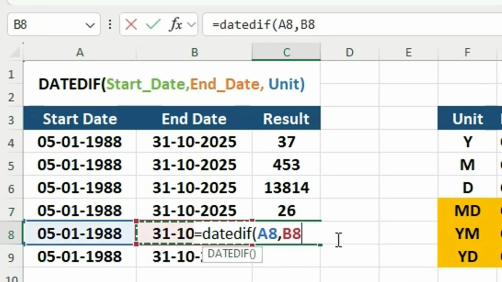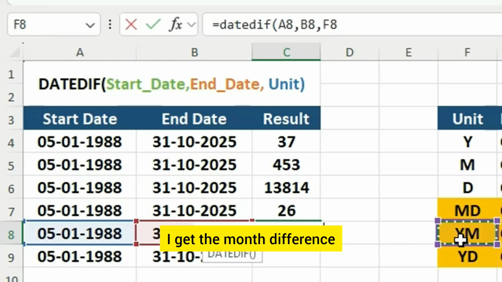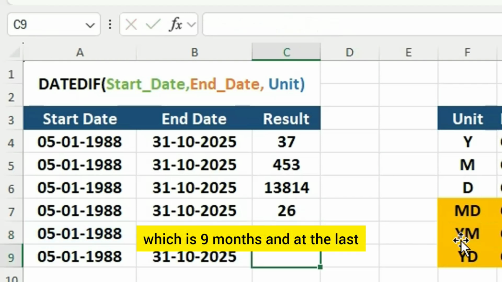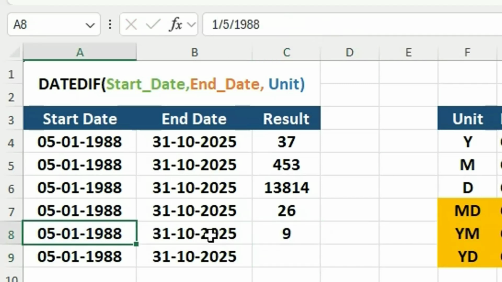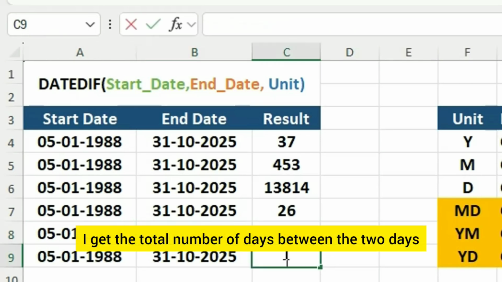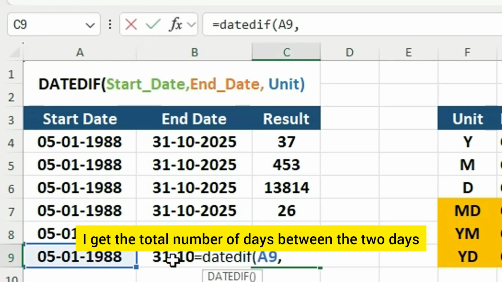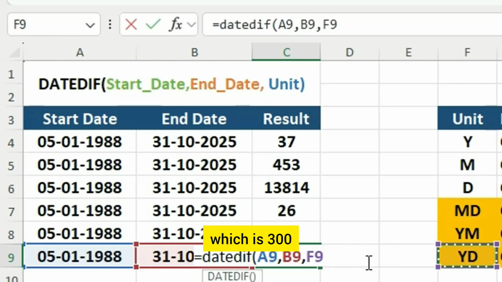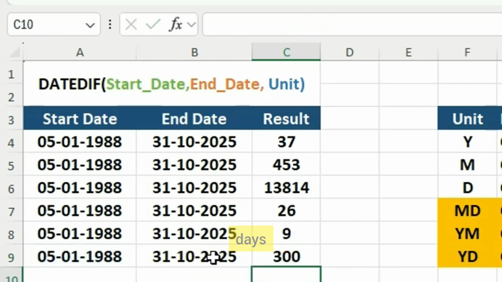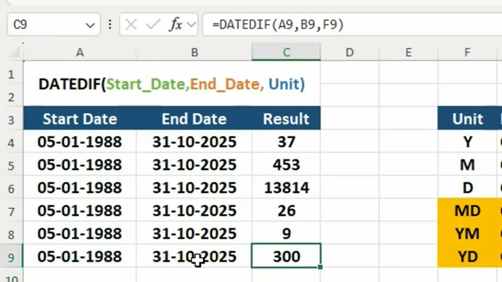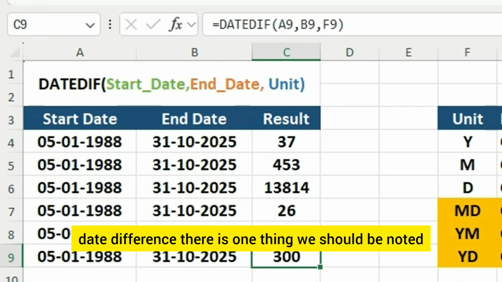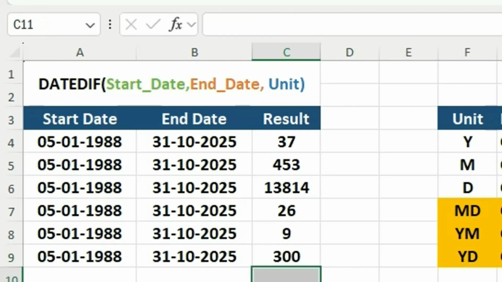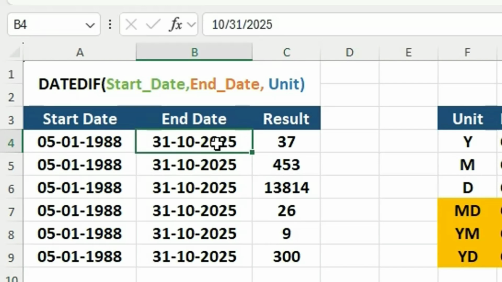and here I get the month difference, which is 9 months, and at the last I get the total number of days between the two dates, which is 300 days. So using this date difference, there is one thing we should note, that the end date